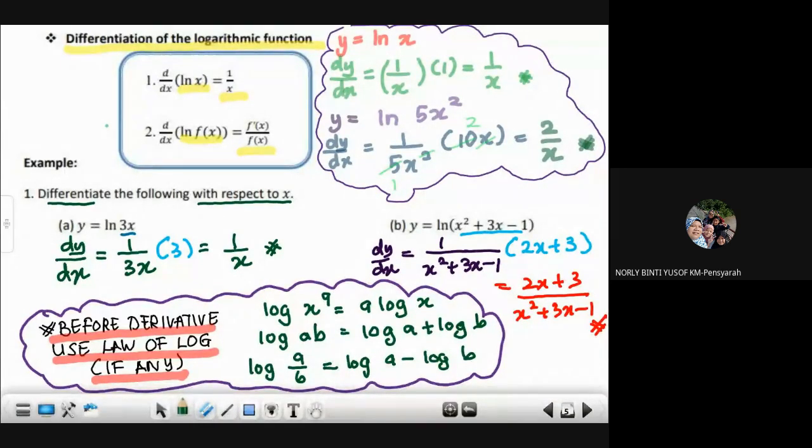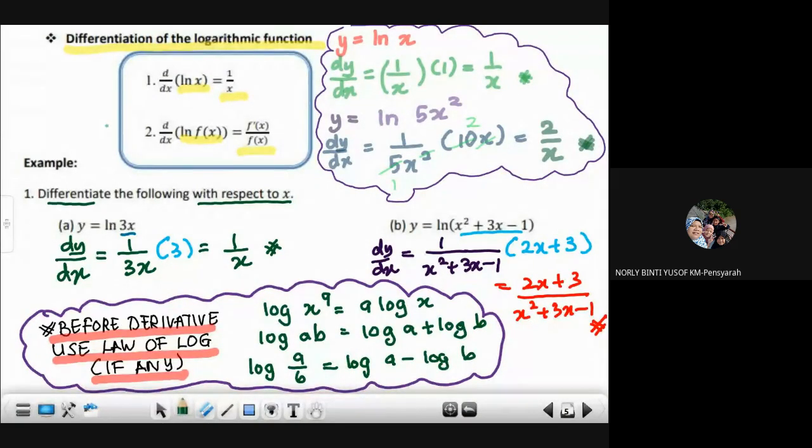So ln, differentiate, konsep dia adalah you get the reciprocal of the function and you must times the differentiation of the function. So konsep dia kalau tengok dekat formula, you rewrite f prime x over f x. Tapi madam buat kalau macam ni, as circle ni lebih faham lah. Nanti jadikanlah single function as you simplify. Okay, differentiate ln, reciprocal of f x and times the differentiation of the function. So you akan dapat this one as the example, and as nombor A and B pun samalah as I explained